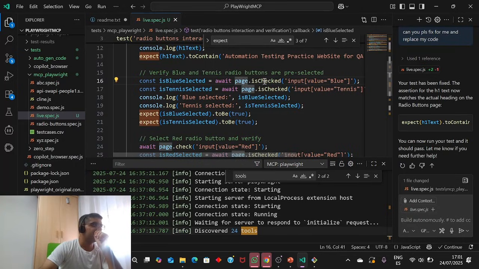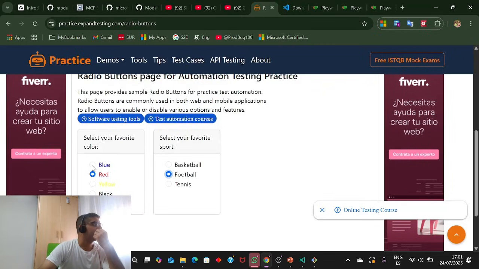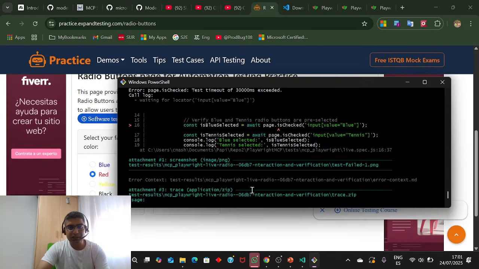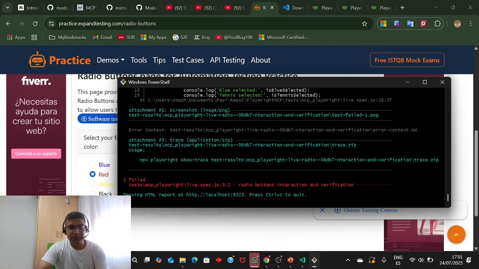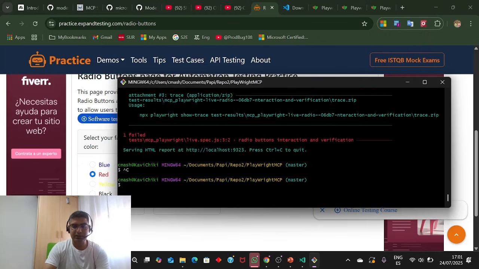It's checked because of the blue and tennis, I think. Let me check the website again. Which two buttons? Okay, so this has been changed. No, we have changed this one, right? Okay, so the blue is pre-selected. Let me rerun. I think there may be some other issues, but I don't think so. The code seems correct to me at least.